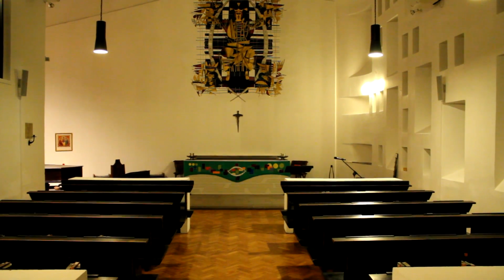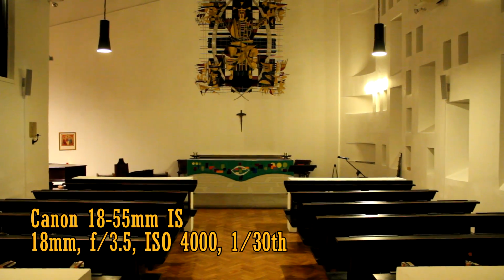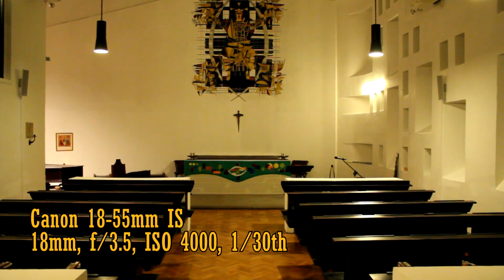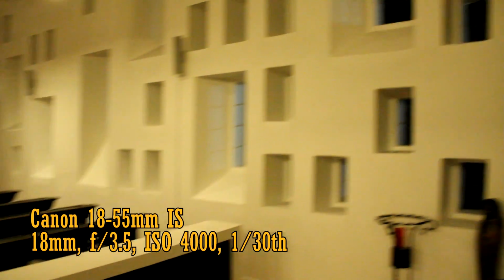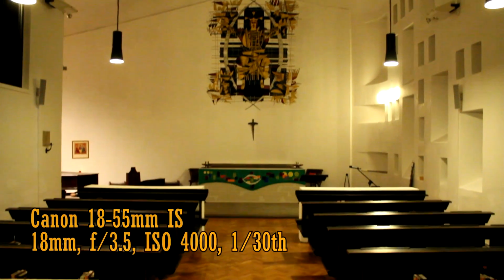So why bother getting an ultra-wide angle lens? Well, here's some footage of a chapel with my Canon kit lens. It's set at 18mm, which is as wide as you can go with a kit lens. As you can see, it's hard to get the whole room in a picture. The aperture is set to f3.5 and the ISO is 4000, so the camera is struggling to get a clean